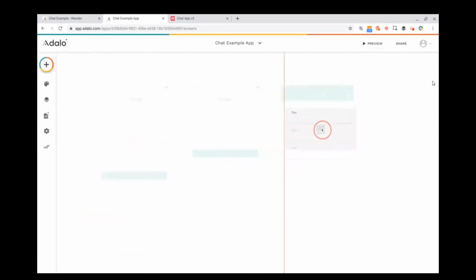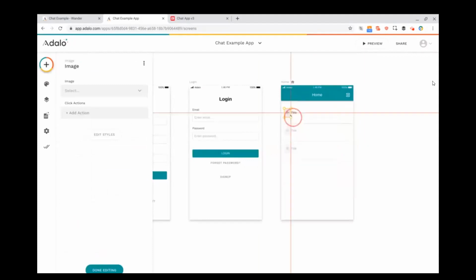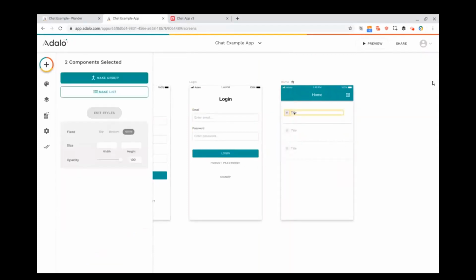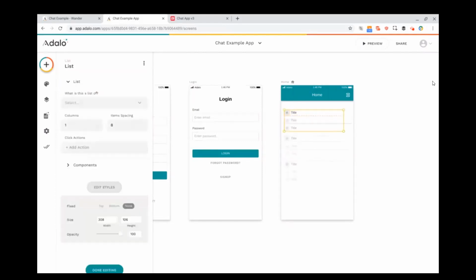So we can add an image to the participation members. Basically, this is what we will try to do now. We'll add the image of the other user, and we will add the name of that user in our application here. You can do the rounding here, but make sure to have the size, width, and height in the same way. Now we select these two components and make this a list, a list of users, and